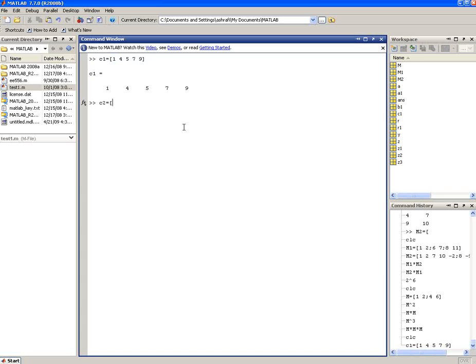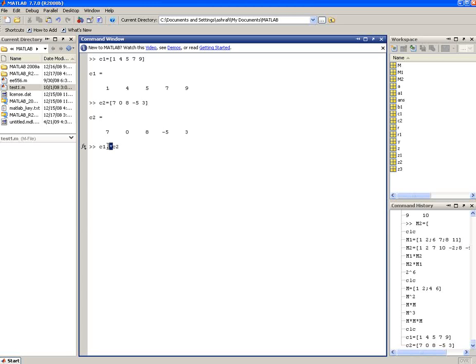And C2 is equal to 7, 0, 8, minus 6, and 3. Now we would like to multiply 1 by 7, 4 by 0, 5 by 8, 7 by minus 6, and 9 by 3. So in this case, we can use this operator,